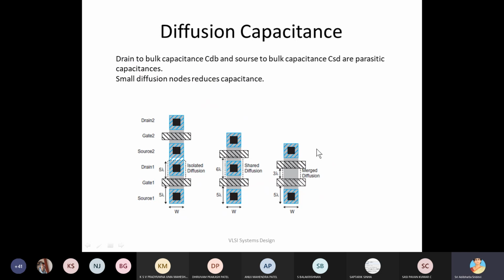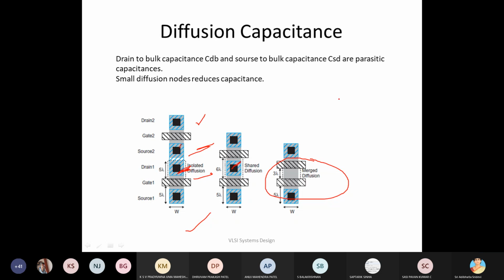Do you remember this slide? Whenever there are two NMOSFETs, we can have separate source and drain, with two separate contacts. This is isolated diffusion. And here, we are merging it. When this is merging, we are sharing this source and drain and we have a contact. Here we simply merge this source region with the drain region. So we have these three types of contacts. I mentioned this, do you remember?